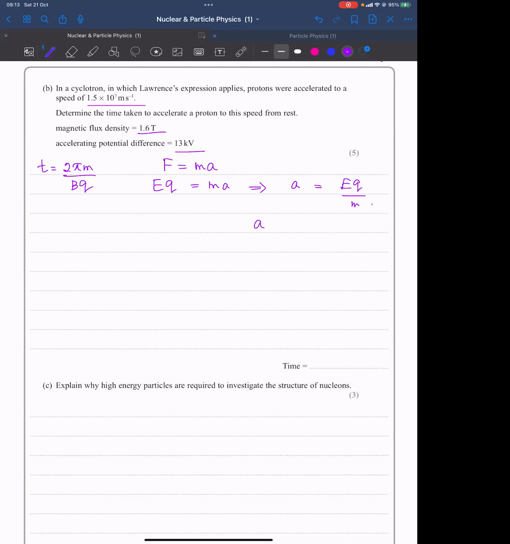The acceleration will be, the electric field also we don't know. Work done by the field is